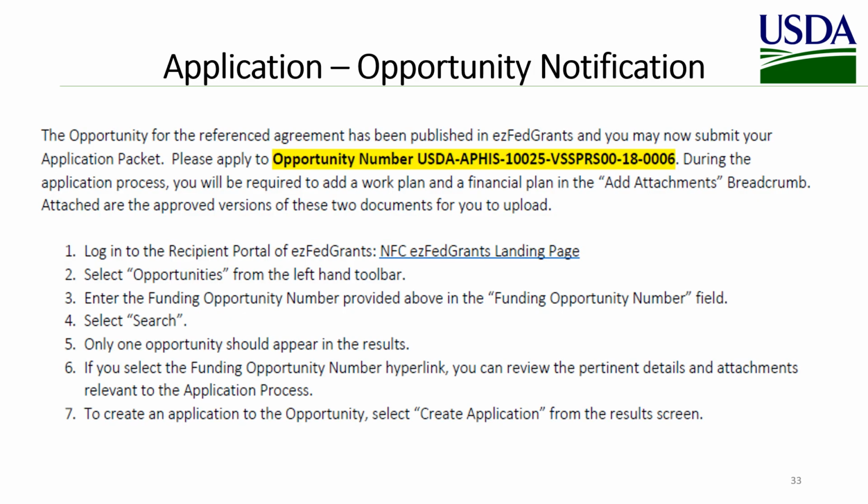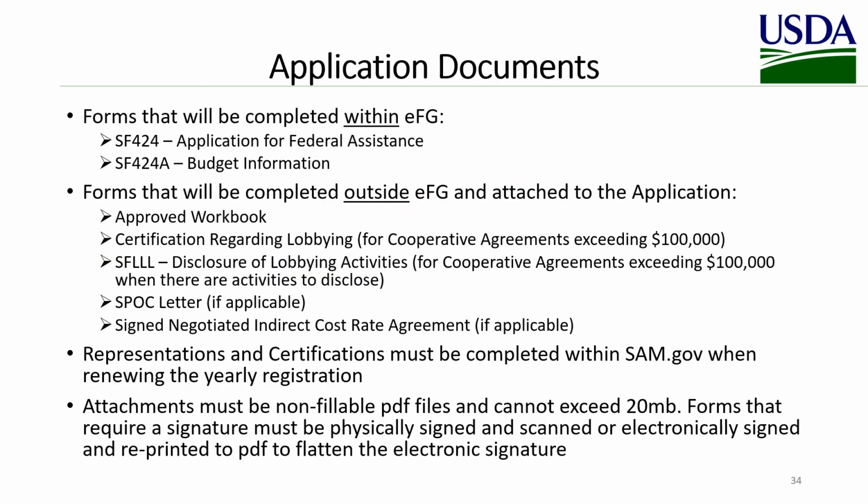Here is an example of an opportunity notification. For application documents, the SF424 and SF424A will be completed in the system. Please note the SF424A must match the approved financial plan. Forms to be completed outside EasyFed Grants and attached to the